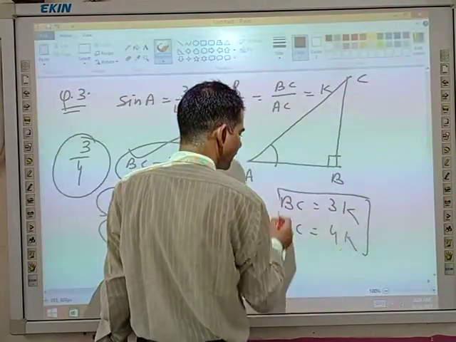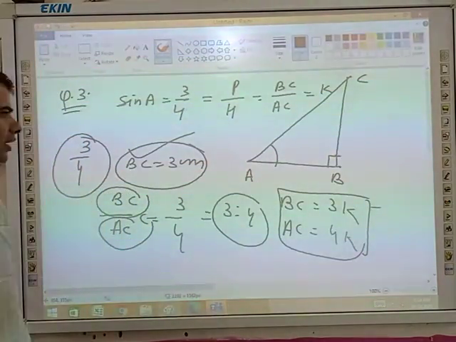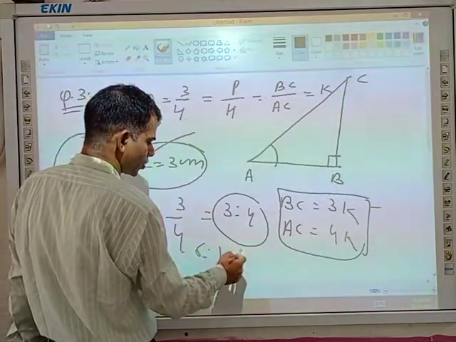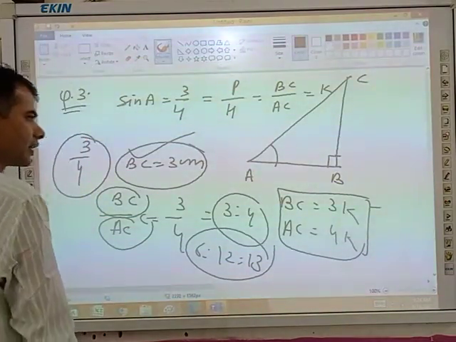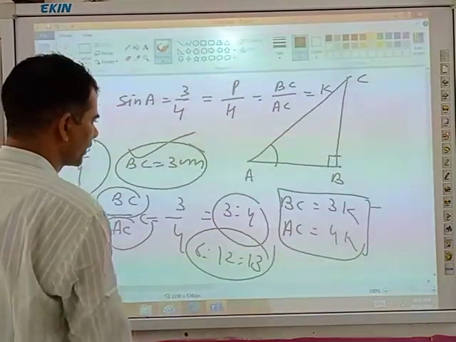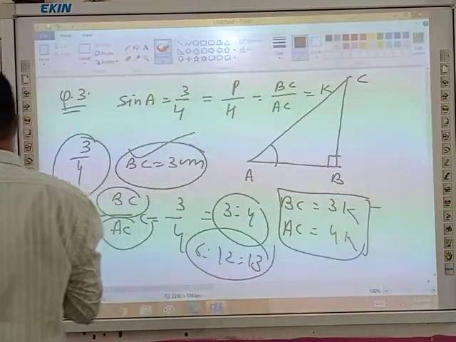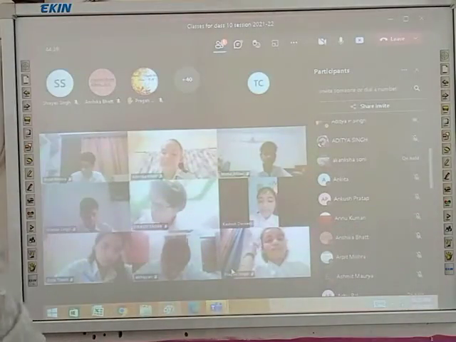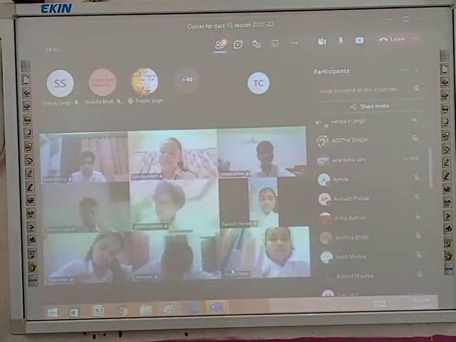You have already done this in 9th class, in Heron's formula, chapter number 12. In 9th standard, Heron's formula, when sides are given in a ratio such as 6:12:13, you consider them as 6x, 12x and 13x. In chapter number 3, you have also done this. Any doubt, any problems? Is my concept clear or not?